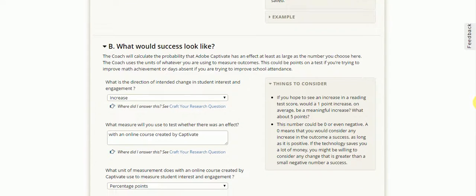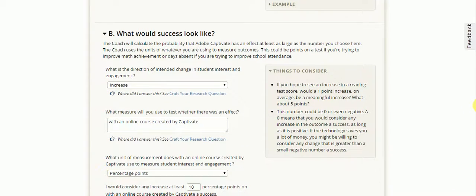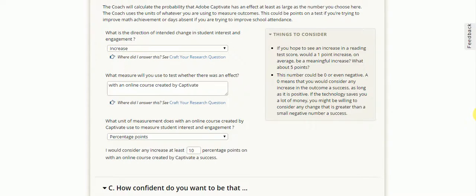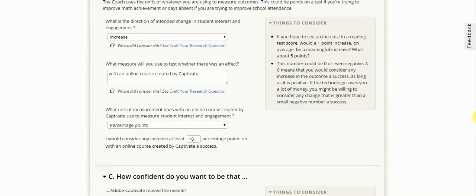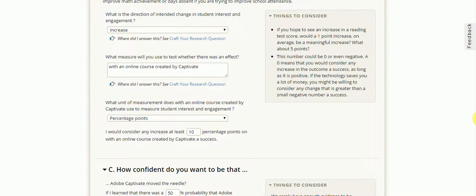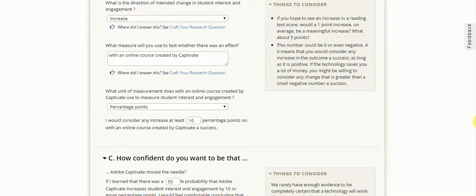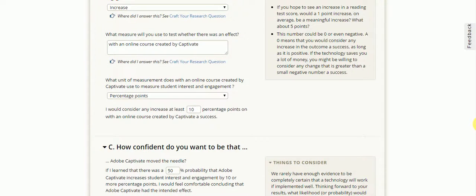What would success look like? What is the direction of intended change in student interest and engagement? I said increase. What measure will you use to test whether there was an effect with an online course created by Captivate? What unit of measurement does an online course created by Captivate use to measure student interest and engagement? I said percentage points. I would consider an increase of at least 10 percentage points